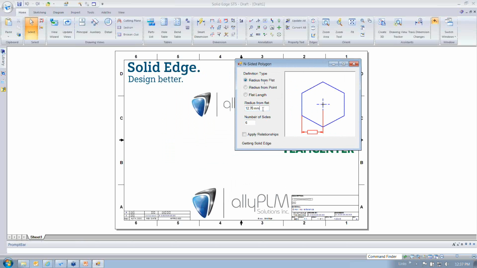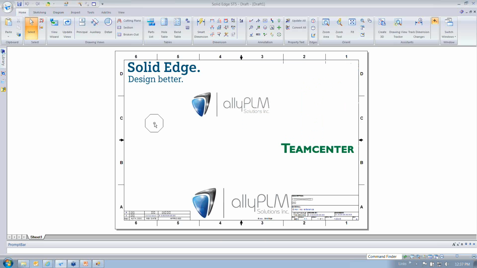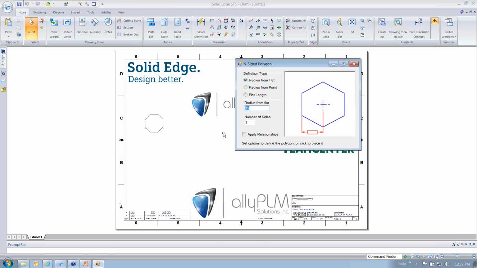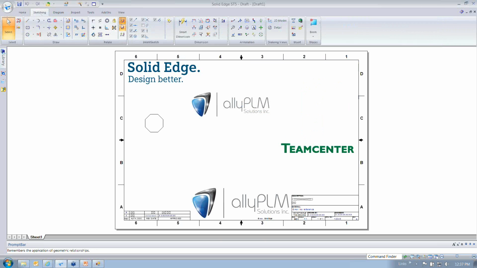I'm simply going to select the type of dimensioning scheme I want for the hexagon, the number of sides we want on our hexagon, and the size of it. At this point in time, this information is mapped to my mouse cursor, and wherever we place our mouse, we're placing that hexagon. There's an additional option on this particular piece of customization that says to apply relationships. We'll note that even though I've got maintain relationships on, we simply placed some geometry at this point, and there are no relationships to that